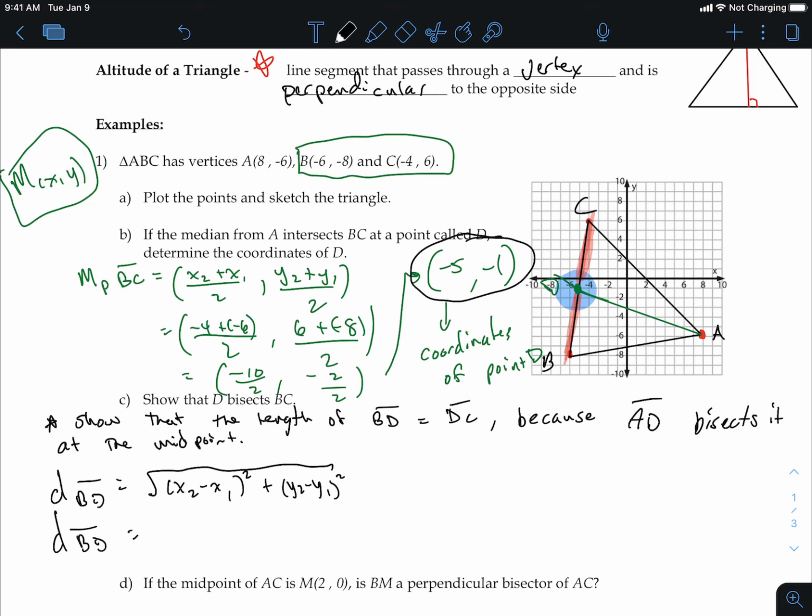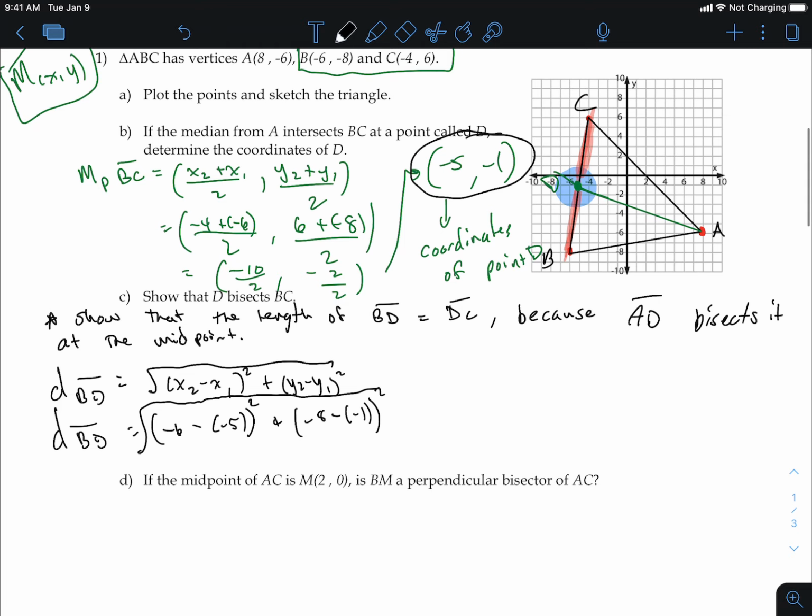B is going to be -6 minus -5 squared plus y2, which is -8 minus -1, all square rooted. So the distance of BD is -1 squared plus